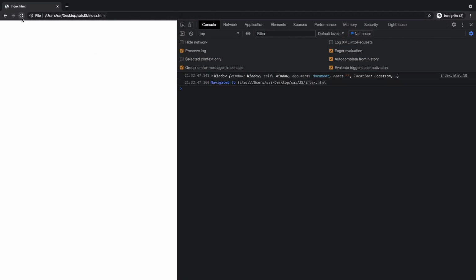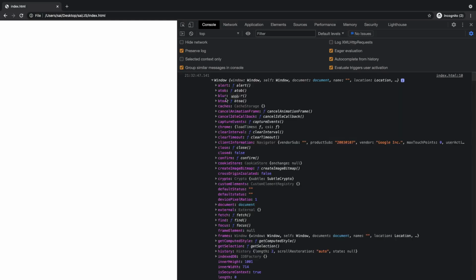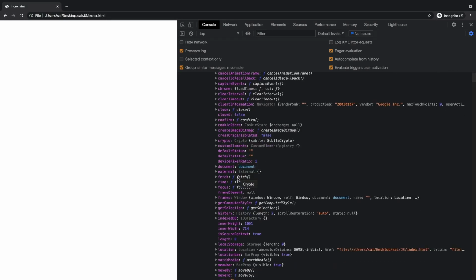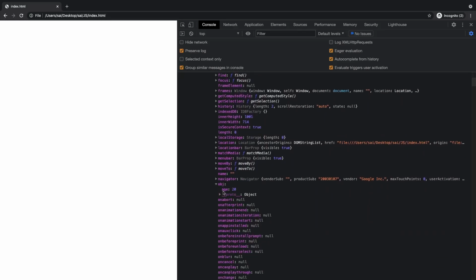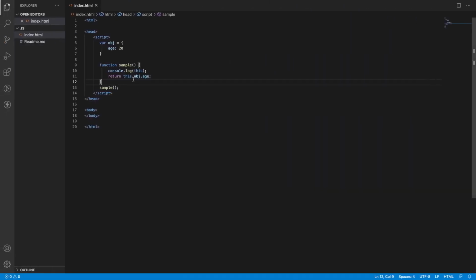clear it, reload. We are using the window object. Inside the window object you will be finding the var obj, which I have defined. That means every var variable will be hosted into your window or this. So when I call directly, this is pointing to window and I should access this object only by using this.obj.age.